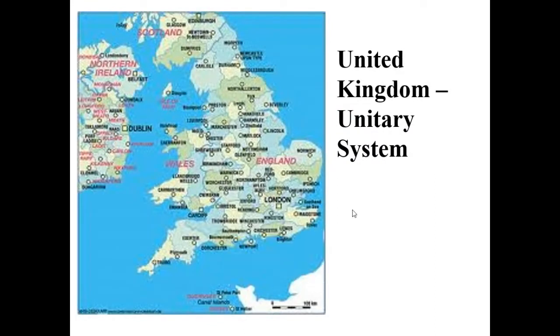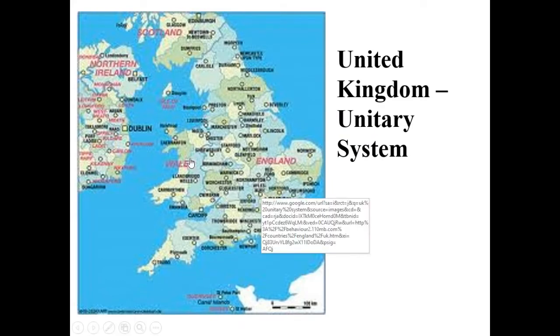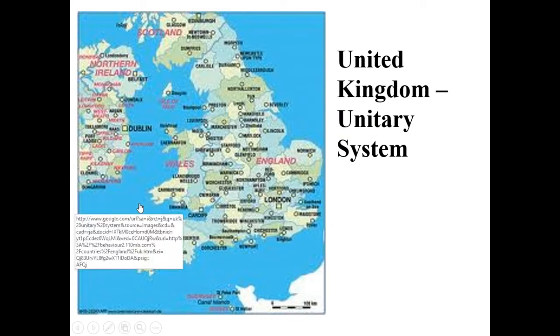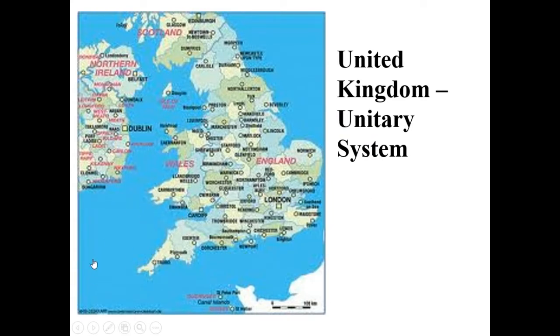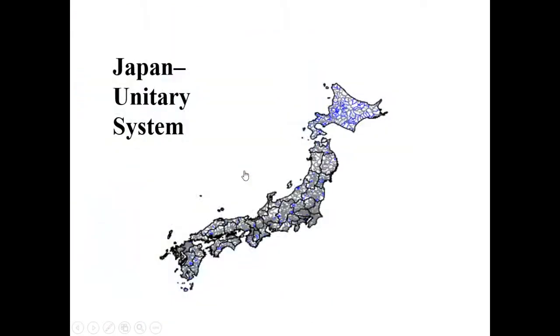The United Kingdom is an example of the unitary system. You have these regional subdivisions, the counties, but also like Cornwall and Wales. And Scotland is kind of an exceptional case. Some of you may be aware of that because they have quite a bit of autonomy in Scotland, but you know, for the most part, the power is here in London, okay? And the regional subdivisions are acting mainly as administrative subunits.